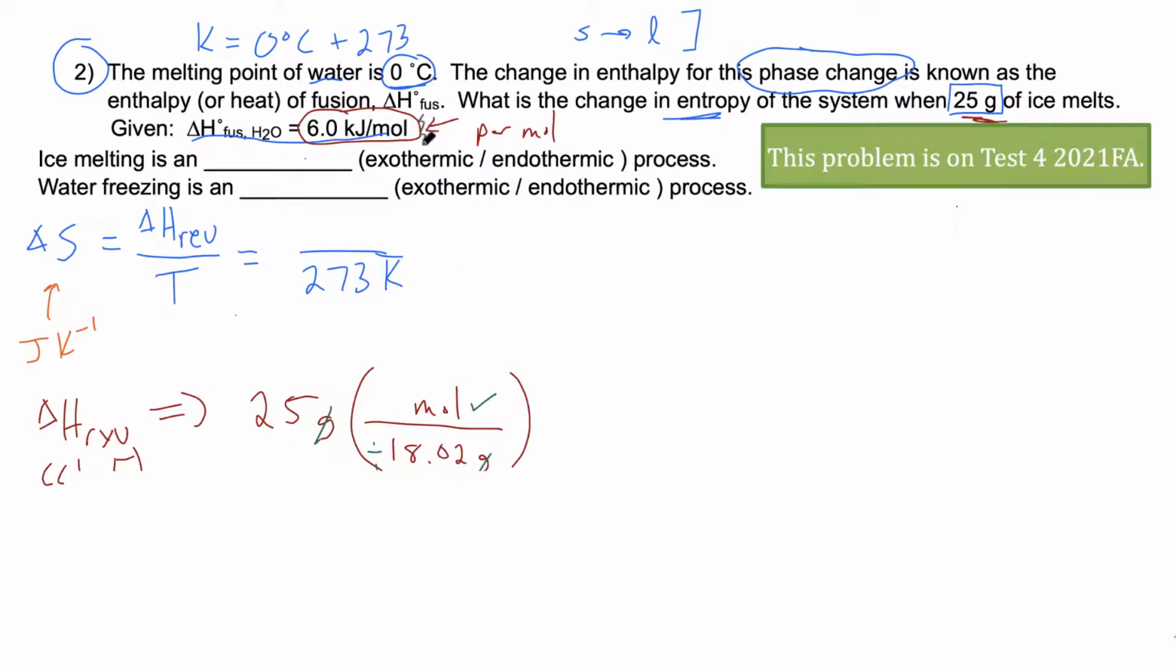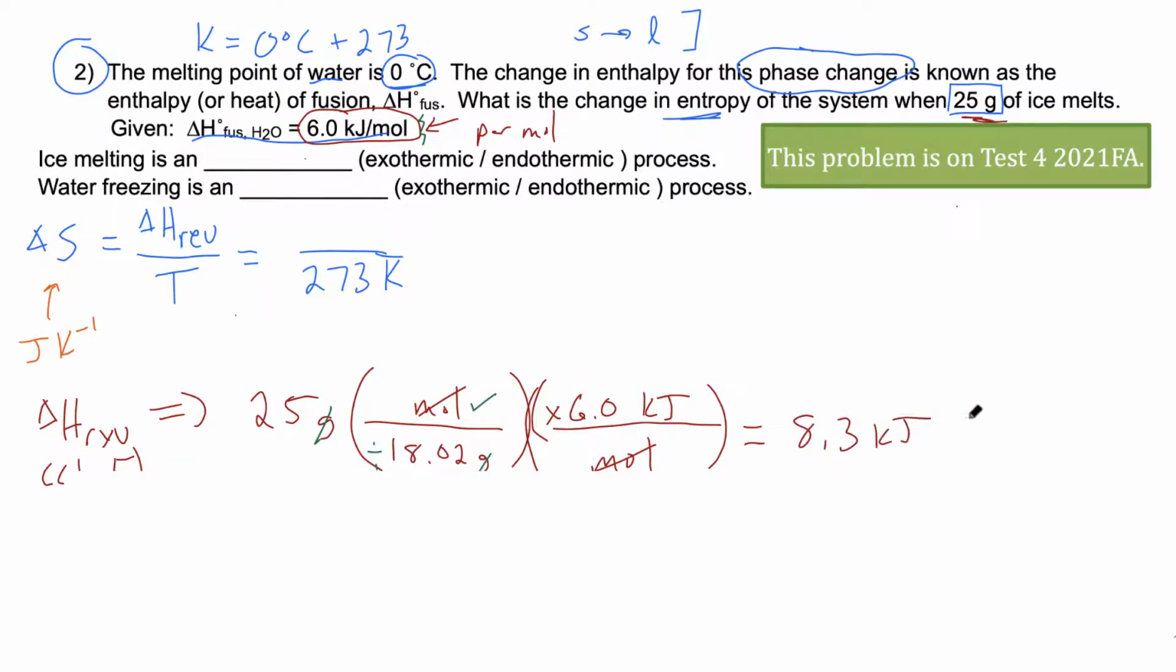And then we can come up here and use this value in this dimensional analysis expression to calculate the amount of heat associated with this particular amount of the substance. What that's going to look like is that I'm going to multiply now by the 6 kilojoules per mole. And why do I do that? Well, because I want moles to cancel out. So mathematically, what I'm doing here is 25 divided by 18.02 times 6, and that gives me